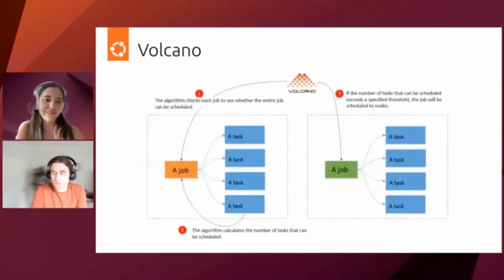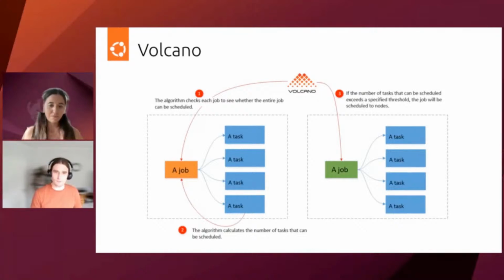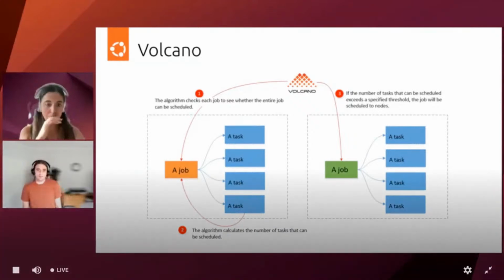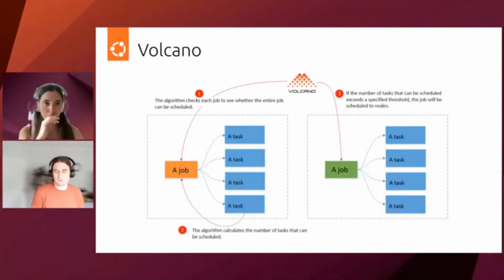So we could use Volcano, which is another scheduler that you could just add on top of your Kubernetes, to make it work better in this environment when you run a lot of jobs that need to be aware of the underlying hardware and how to utilize it. So we have Volcano, and it can do a couple of smart things to make sure that your jobs are being properly scheduled, and in a way it will make your